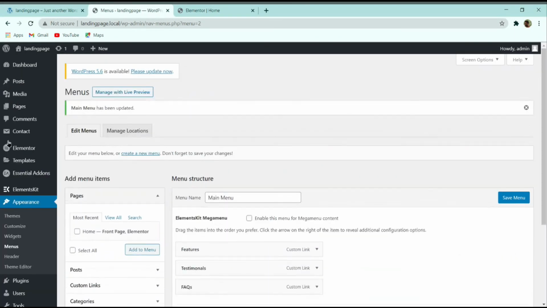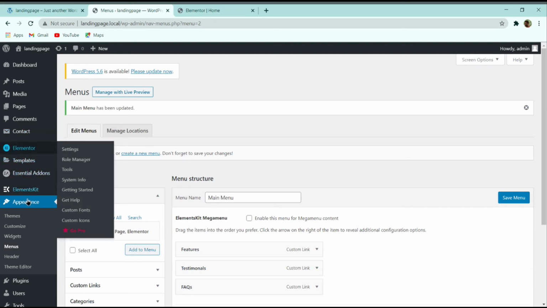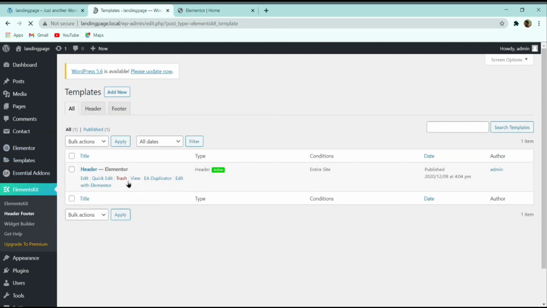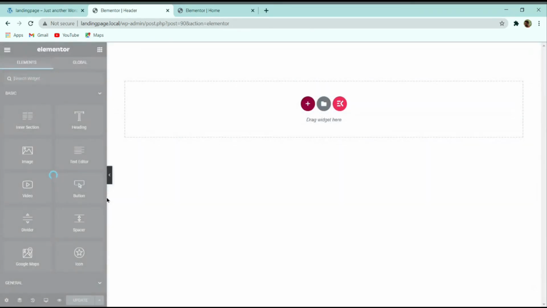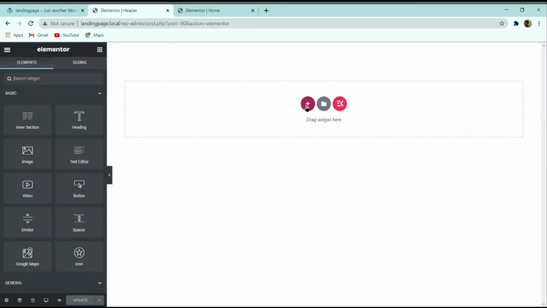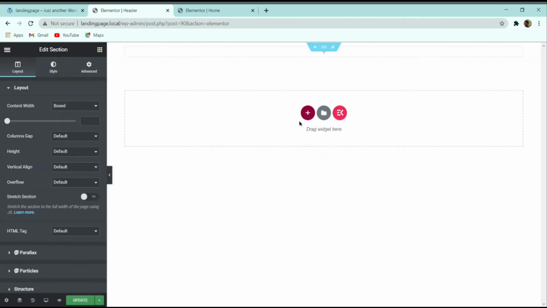Then click on save menu. Now hover over this Element Kits and then go to the Header Footer. After that, click on Edit with Elementor. Now start creating the menu. So first of all, for creating this header, let us take a section, and then here